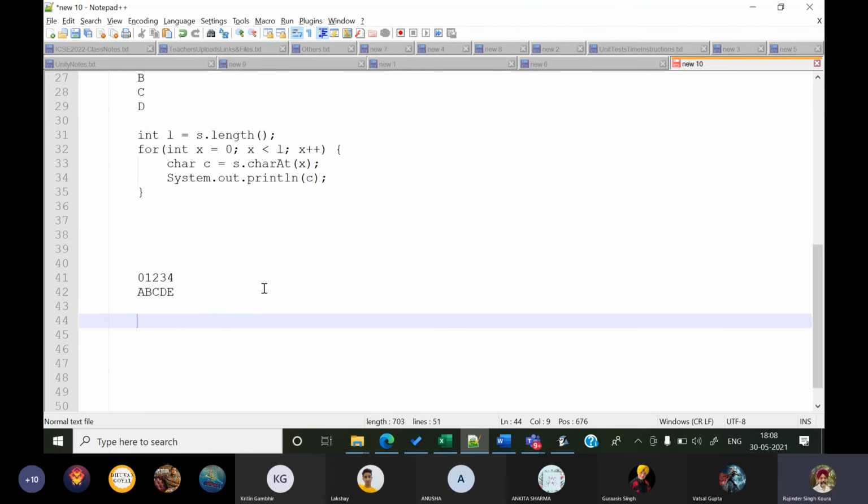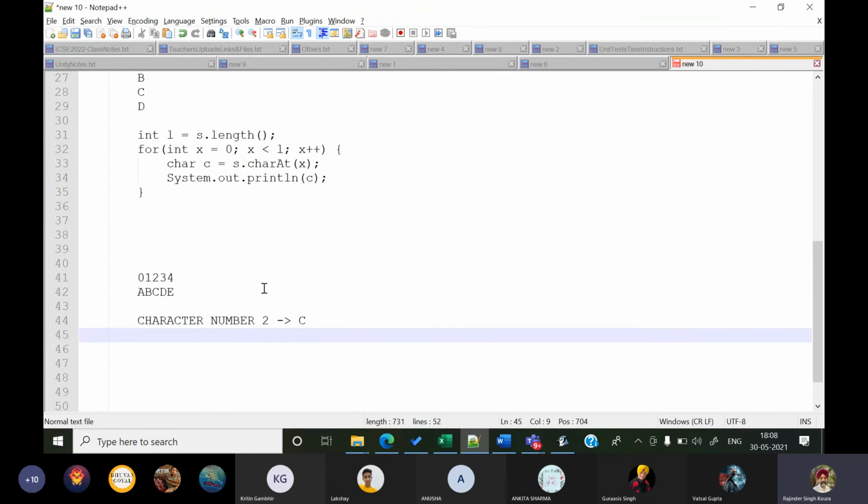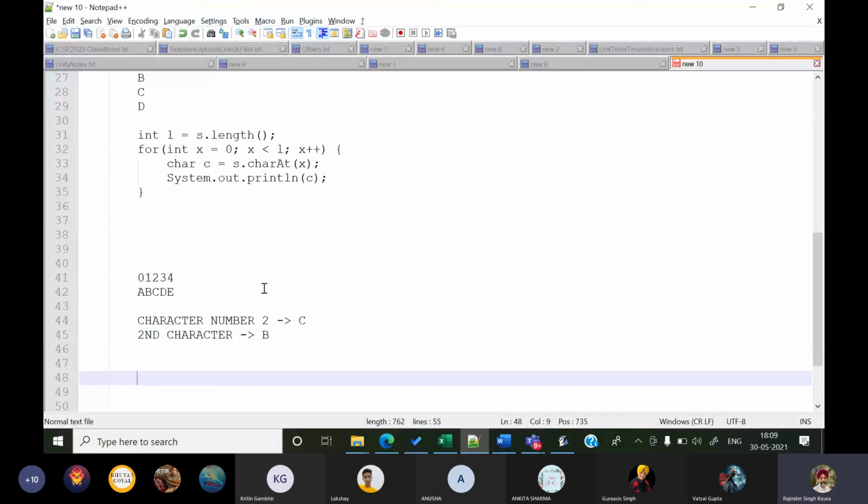If I ask for character number 2, character number 2 is actually C. But if I write the second character, the second character is actually B. Does it make sense? It depends on how your question is worded. If character number 2 is asked, then character number 2 is this, character number 3 is this.